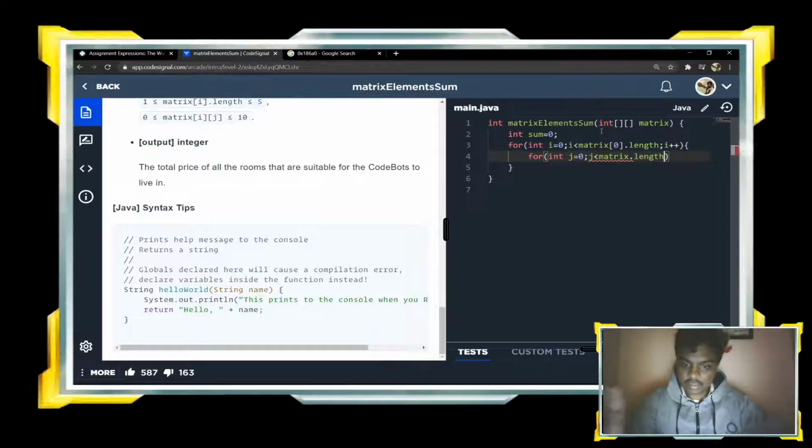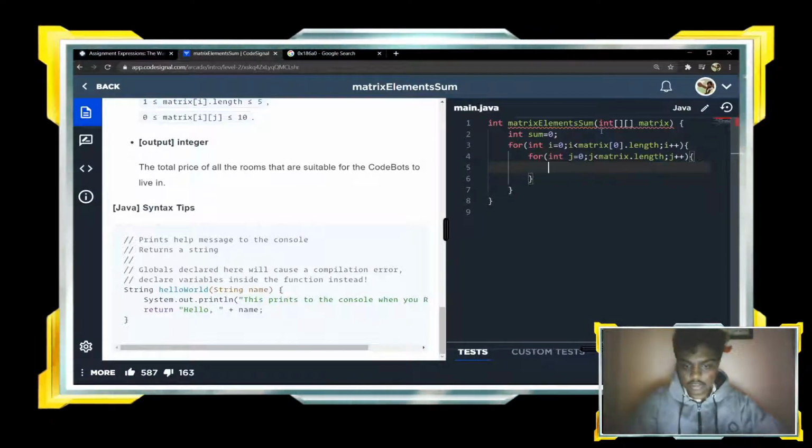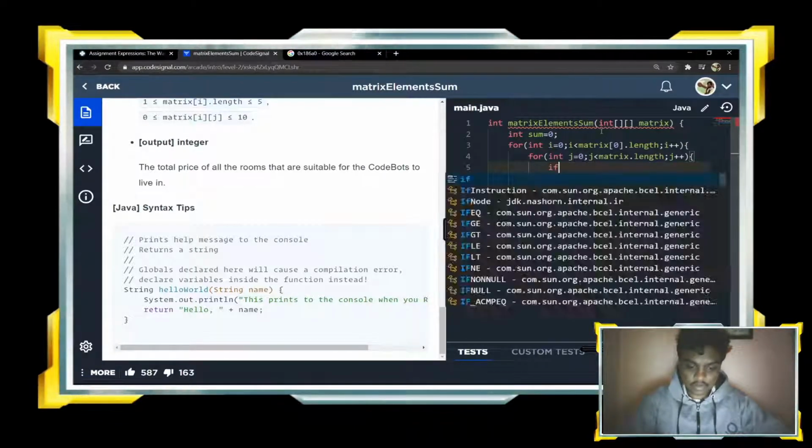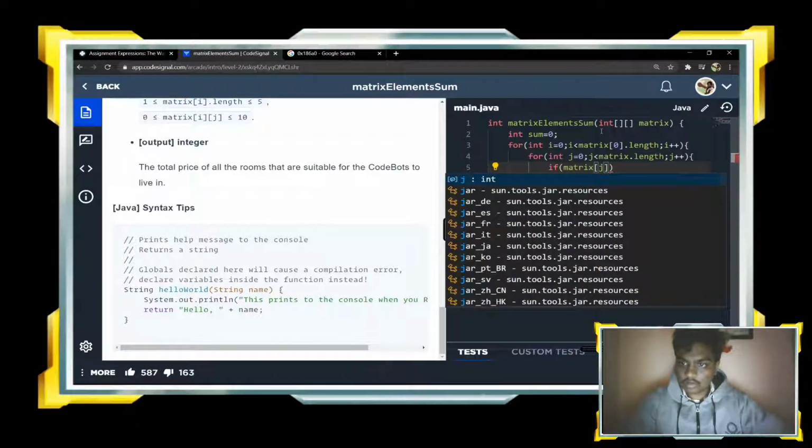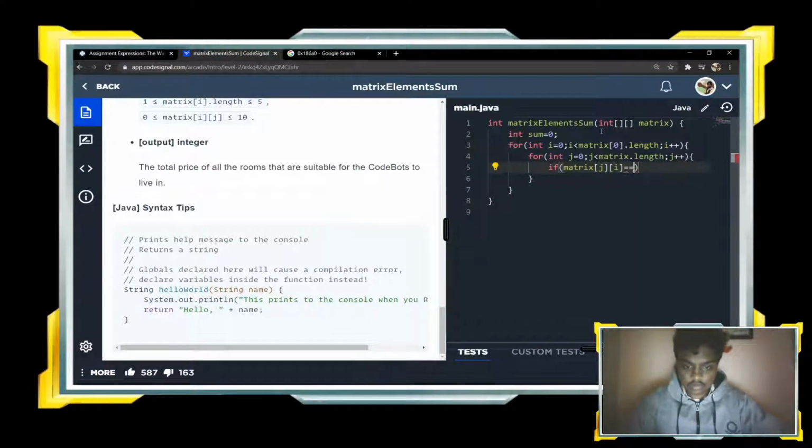Already I took matrix of 0, so matrix of length, and now I should check if they are something similar or not. If matrix of j and i equal to 0, then